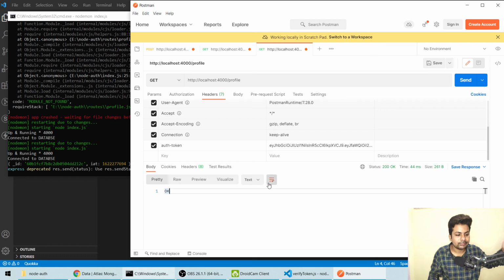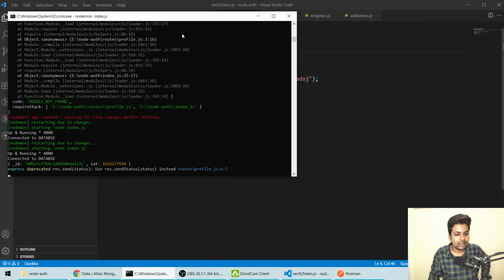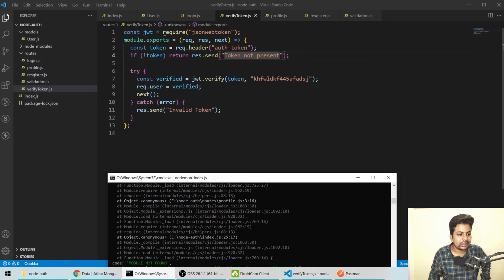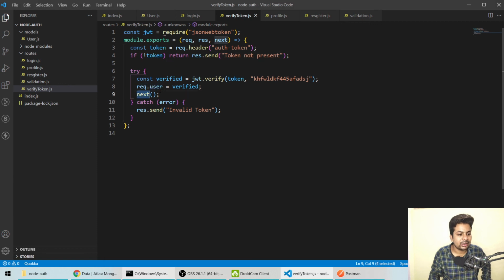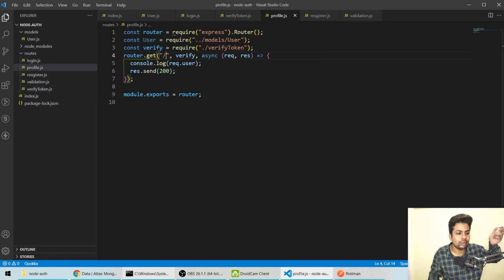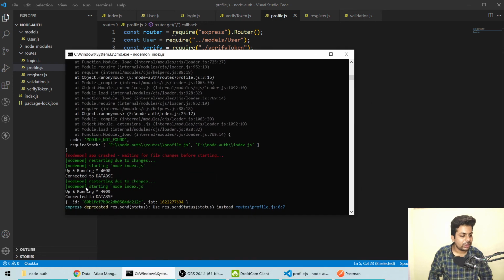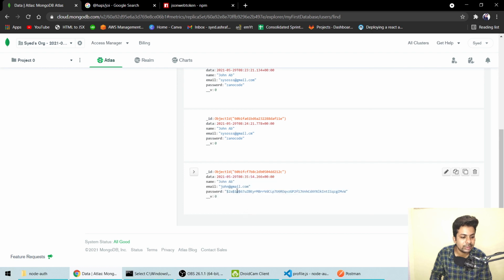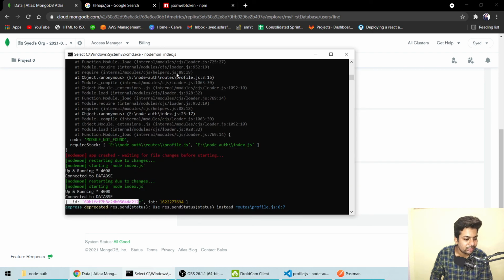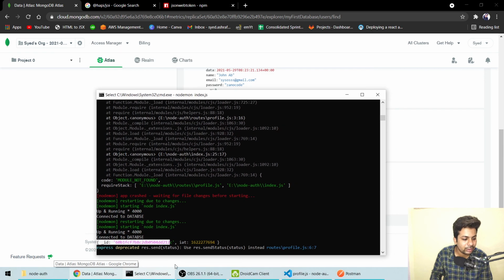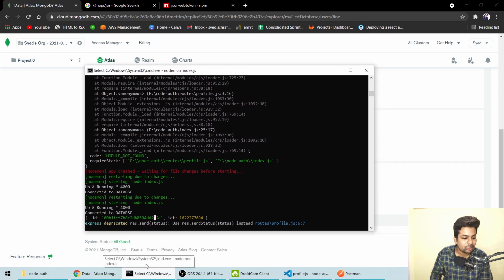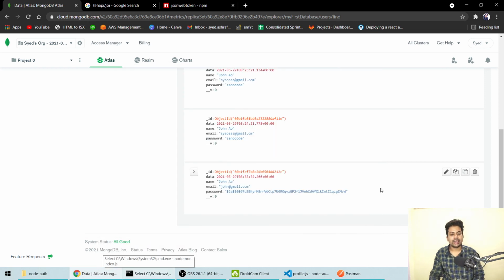So what happened? It came here, and it saved in the request.user and said everything okay, go to the next page, whatever you wanna go. It came here, and I have printed request.user, and see, we got the ID, and this is the ID we used to save. This is like the object ID for every MongoDB database. See, you can see it's the same, like 60b1, and in the end 12c. Okay, so now we'll use this user ID to get the user details.